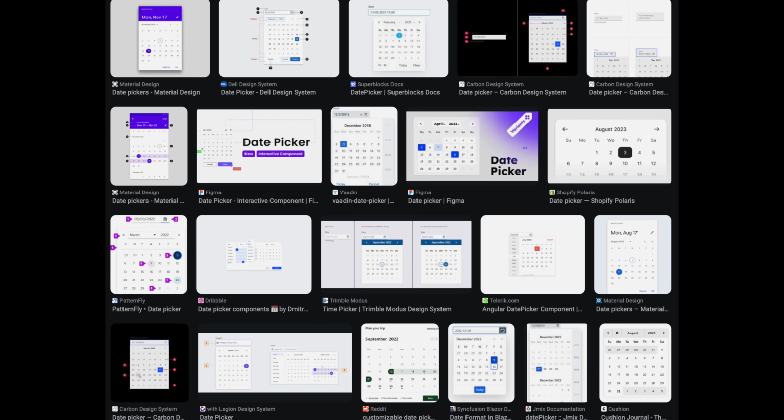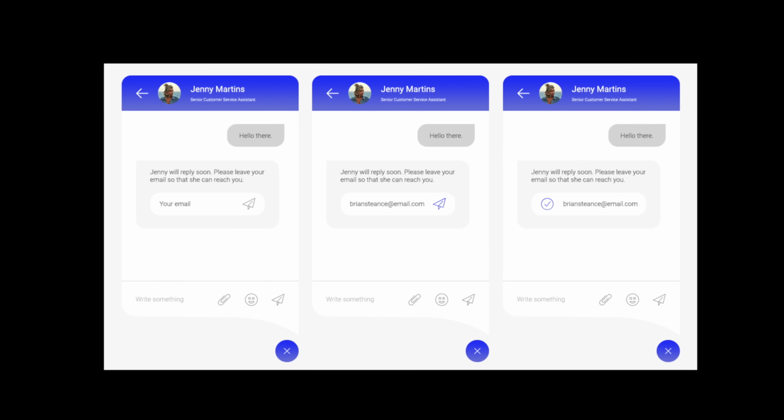Hot take. Some components just aren't worth making yourself. That's why every date picker looks the same. That's why most marketing websites have the same little Intercom chat on them. As useful as those features are, the time it would take for you and your team to build it yourself